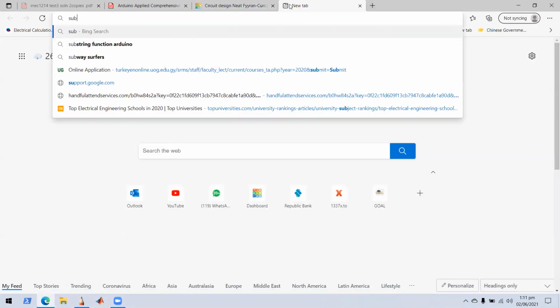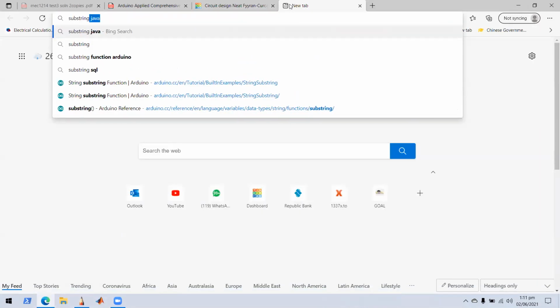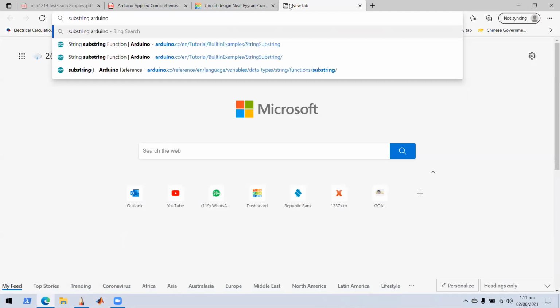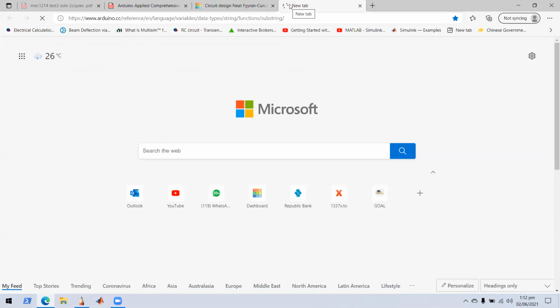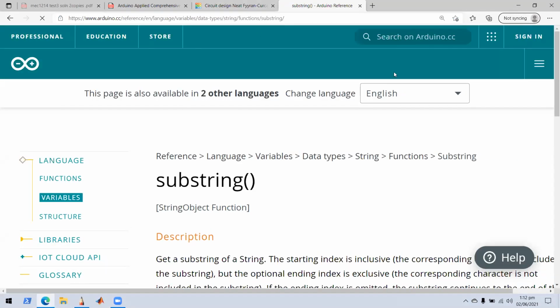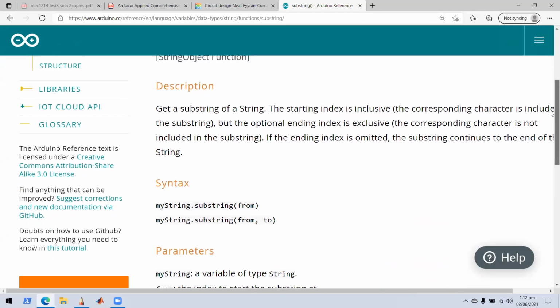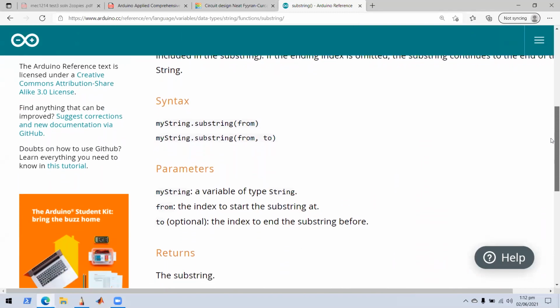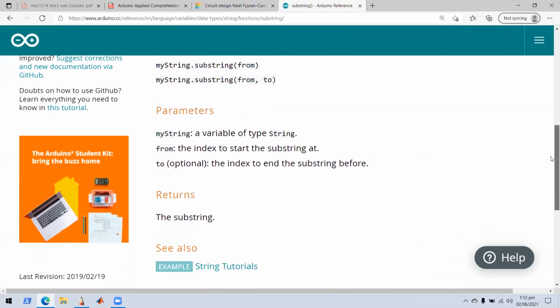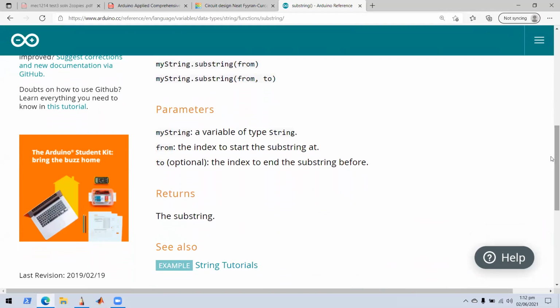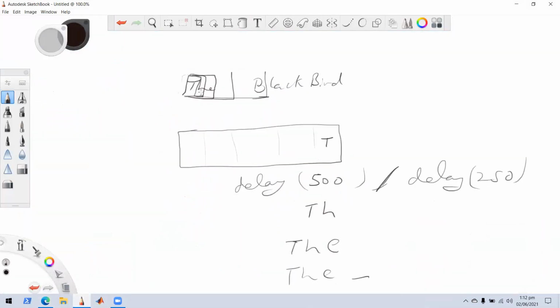So substring, and remember, anything you don't know in Arduino, you can always just check the Arduino reference. Substring is a function or method associated with text, and what it does is it pulls out a substring from the string. So our string here would be blackbird. And if you were to do blackbird dot substring,